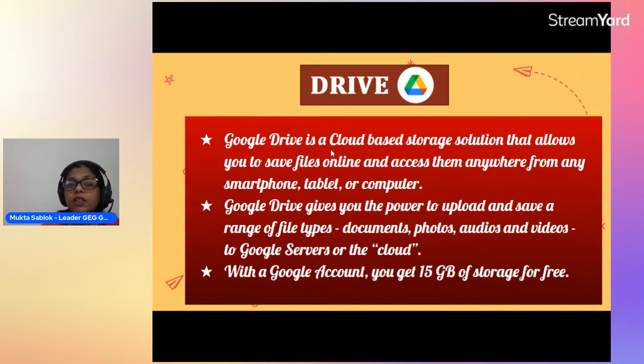Cloud based means the storage space is on the cloud, that means on the internet. We do not have to bother about the storage space in our computer or devices, because Google is taking care of the storage space of the files we are saving into Drive. These files we can save online.